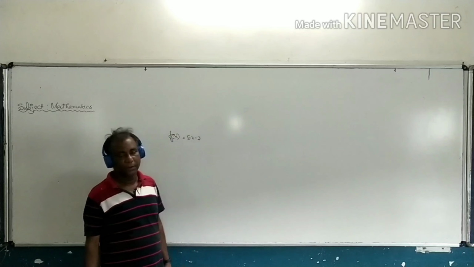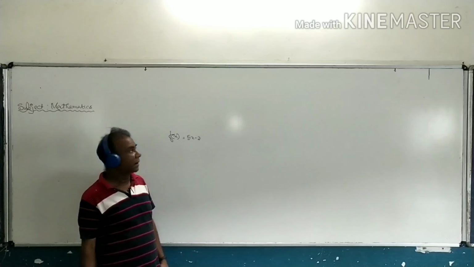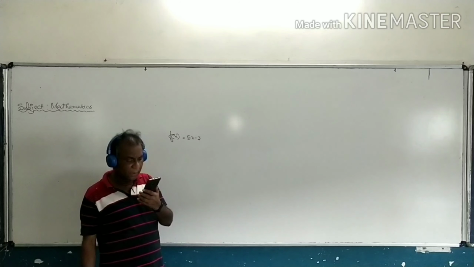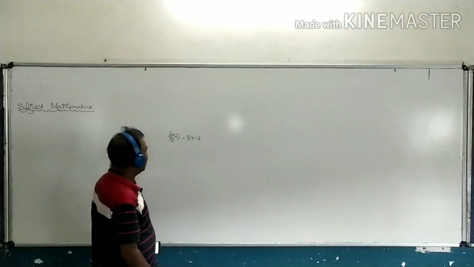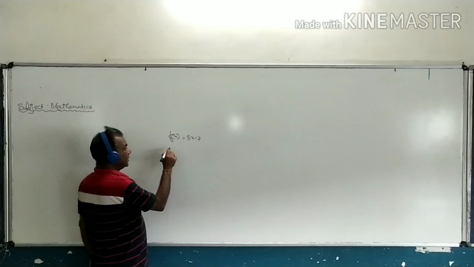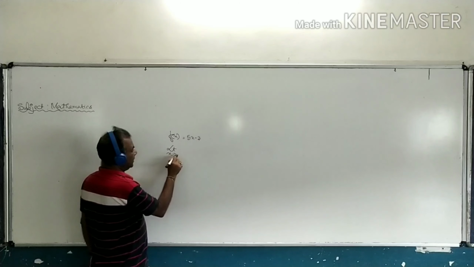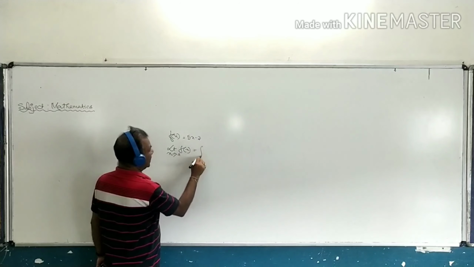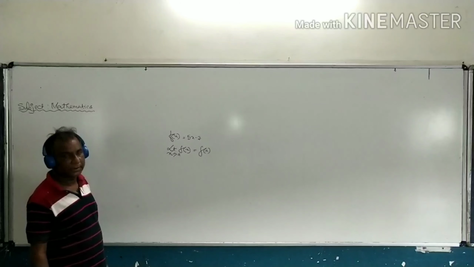It is given. We have to check the continuity of the given function at x equal to 0, at x equal to minus 3 and at x equal to 5. Let us check. What do we know about continuity? That the limiting value of the function equal to the functional value. If it happens, it is called a continuous function.